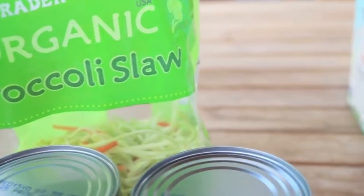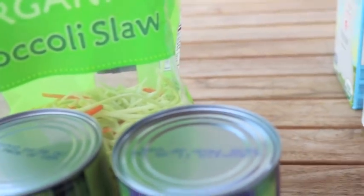I've kind of mixed everything up a little bit here. I wish I was a little bit more organized. Let's go on to